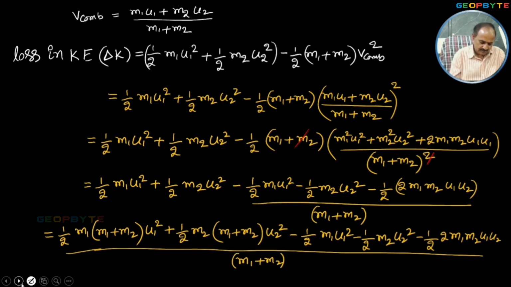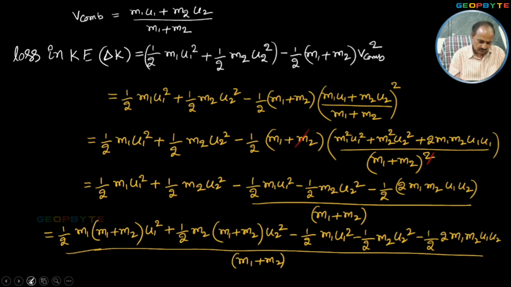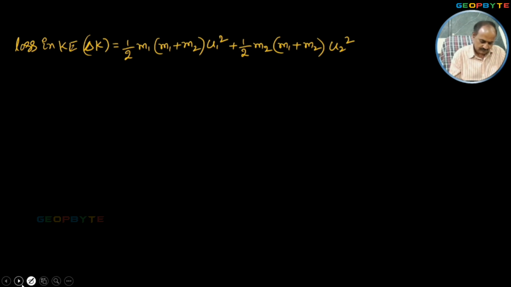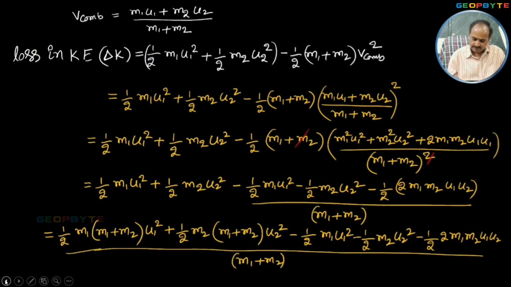Now let us simplify this part. Loss in kinetic energy, delta K, equals half m1 into m1 plus m2 into u1 square plus half m2 into m1 plus m2 into u2 square minus